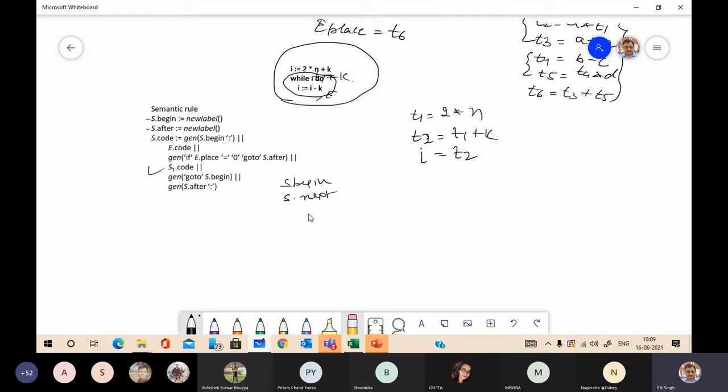Then it will generate code. Just see, if you see the skeleton of the code, first we have E code, and here we have S begin.